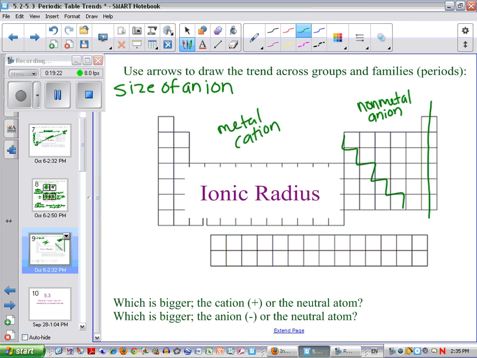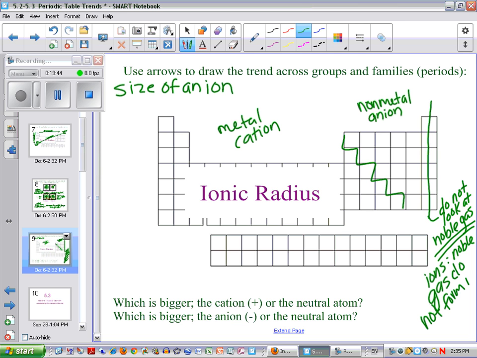Keeping in mind that we do not look at noble gases. And why is that? Because we're talking about ions, and noble gases are happy with their full octet, and noble gases do not